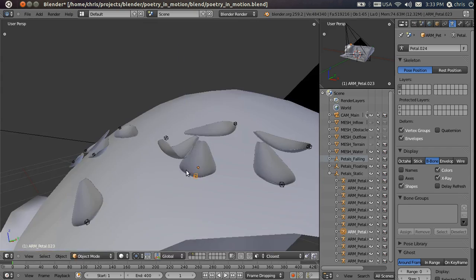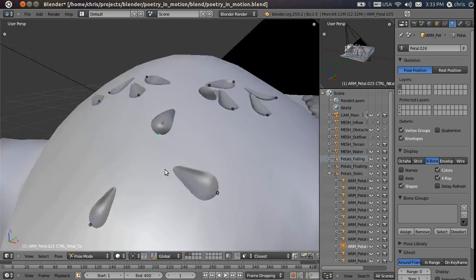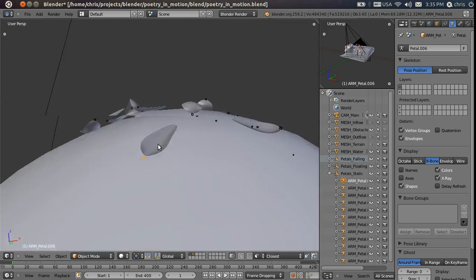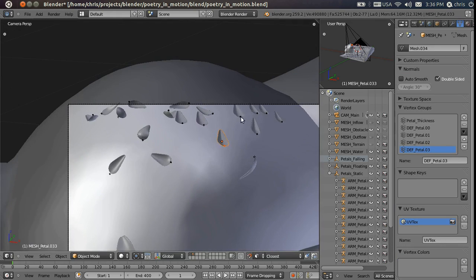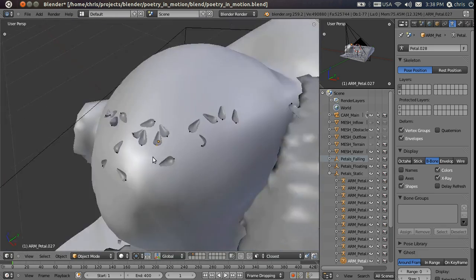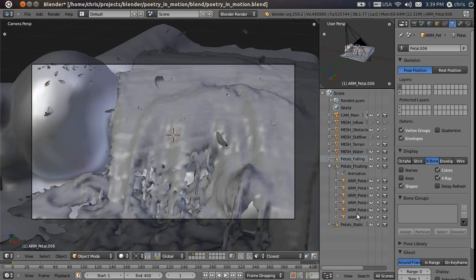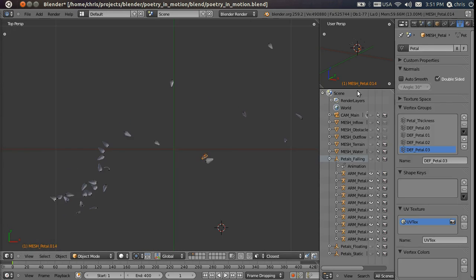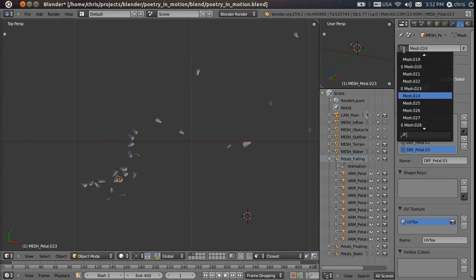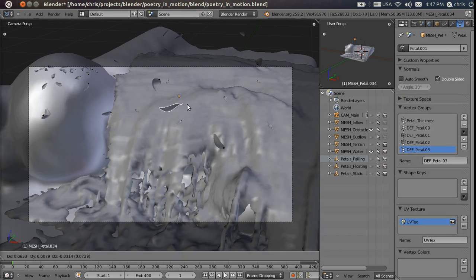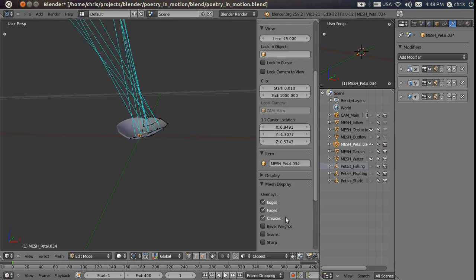I did everything here by hand, which was a bit of a pain. I think there are some add-ons for Blender, something called the Grease Scatter add-on. I don't really know much about it, but I hear they used it in Sintel for random positions of random objects. Might have been useful here. Might be something to look into for my next project. This was a problem because I forgot to name all the meshes before I duplicated them. Luckily it wasn't too much of a pain to name them. There weren't hundreds of petals, but make sure your object is exactly how you want it before you duplicate it